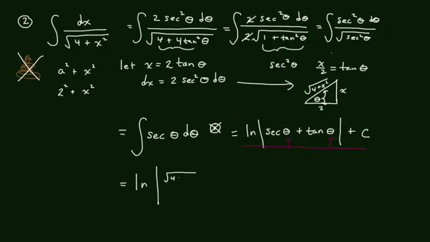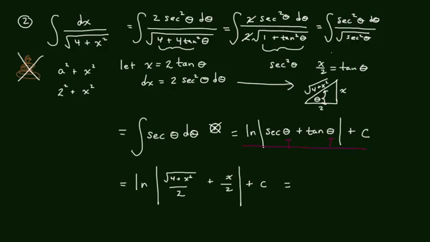4 plus x squared over 2 plus, now the tangent of theta, well, we already said what that's going to be, x over 2 plus c. If this is your final answer, I'm very happy, although it actually could technically be simplified further using properties of